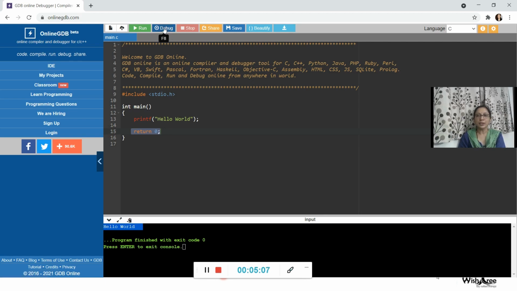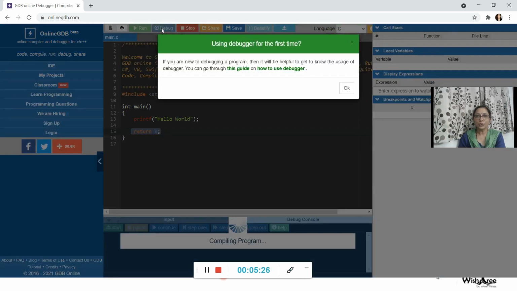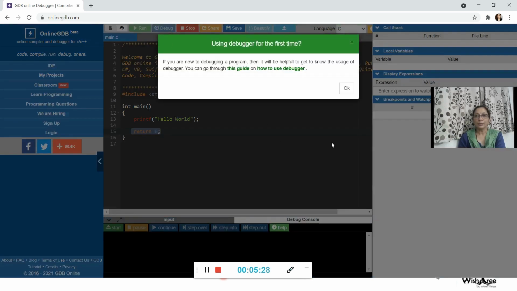Now what is debugging? When we generally write huge codes and if there is any mistake in the program, it is very difficult to understand where the mistake is. So to identify these mistakes in the program, we generally make use of a debugger. Debug can be used to put in some breakpoints or watch points in the program so that I can watch how the program is executing line by line.